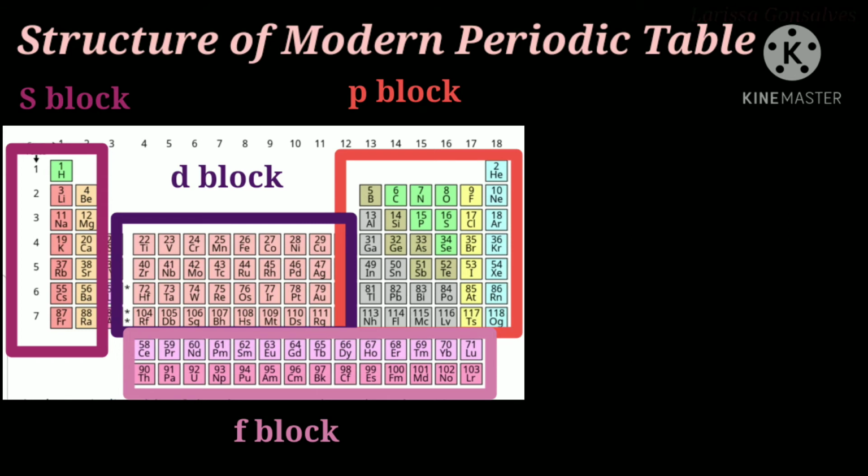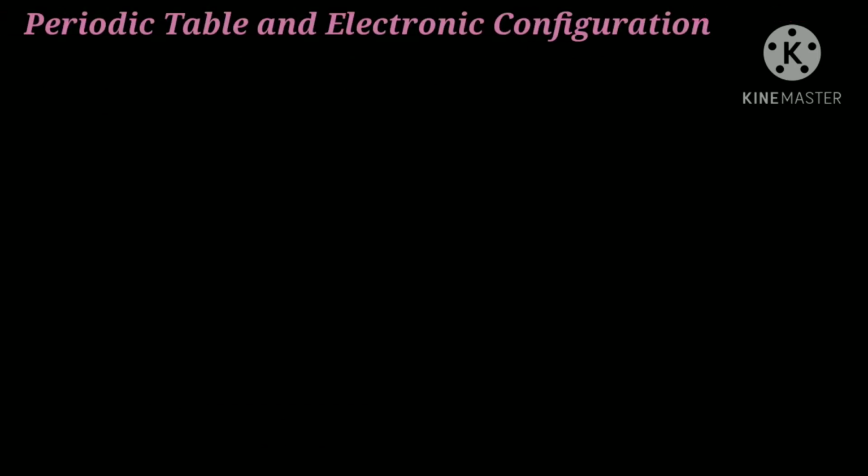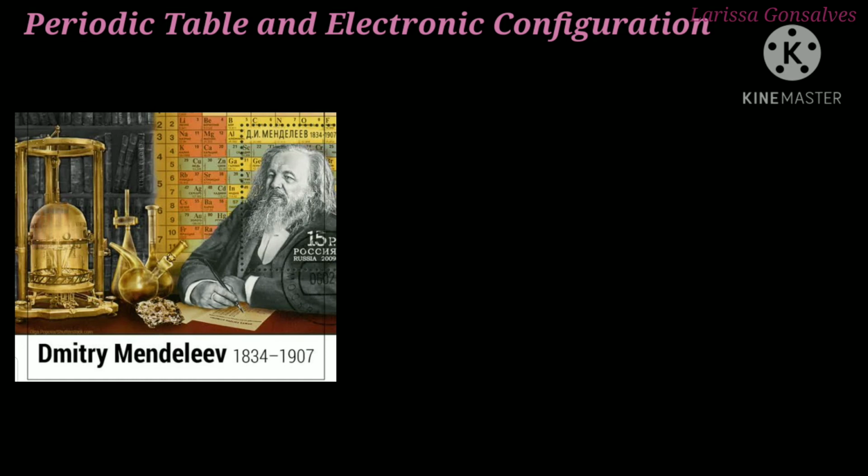Let us now study the periodic table and electronic configuration. Mendeleev put forth his periodic table in the year 1869, but during that time the atomic structure was not known. That was the time when Mendeleev studied the properties of elements and arranged these elements according to an increasing order of atomic mass. However, after the quantum mechanical model of atom, the properties of elements were correlated to the electronic